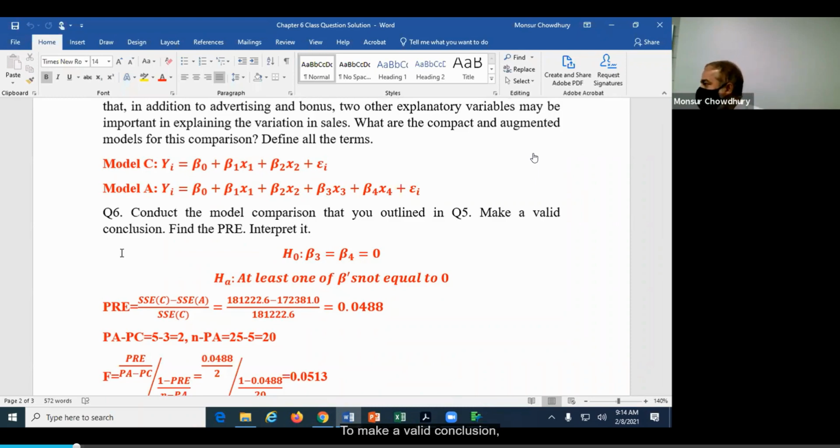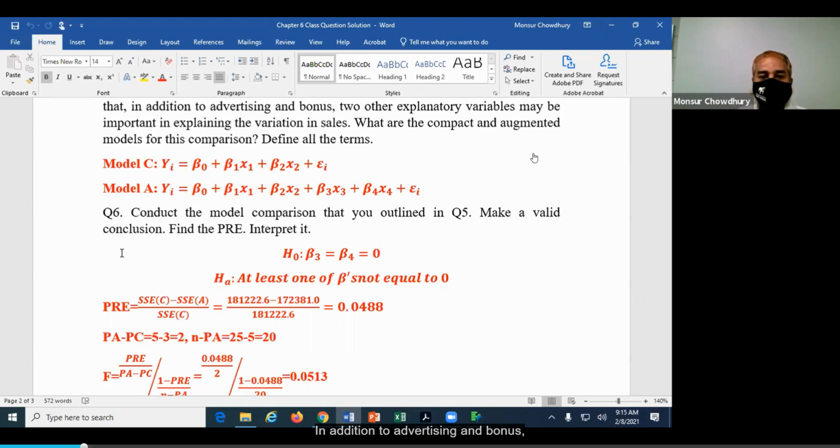Now to make a valid conclusion, we need to know what our null hypothesis and our alternative hypothesis are in this case. Do you think that our null hypothesis is all 4 parameters? No. Because we are only adding 2 more additional explanatory variables, and we want to see whether these 2 explanatory variables are making any significant reduction in error, in addition to the 2 that we have already in our model.